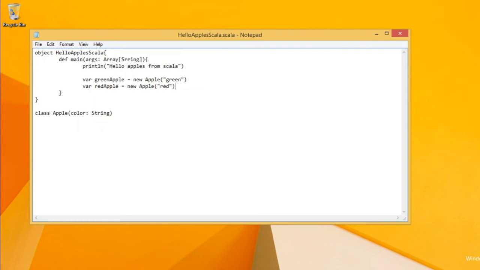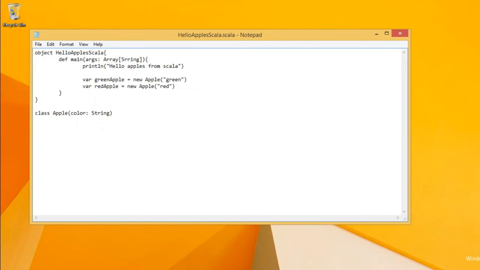So we wrote the apple class, and we can easily instantiate a red apple and green apple. This is more concise than Java, just to write a simple class, as you can already see here.